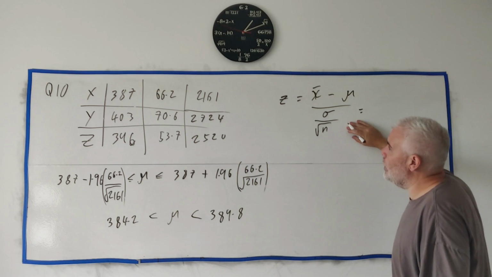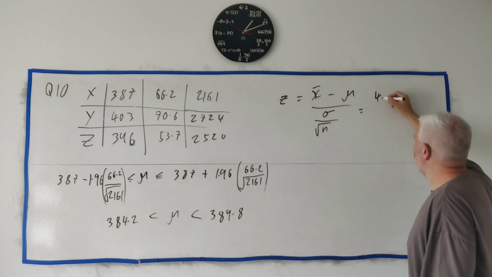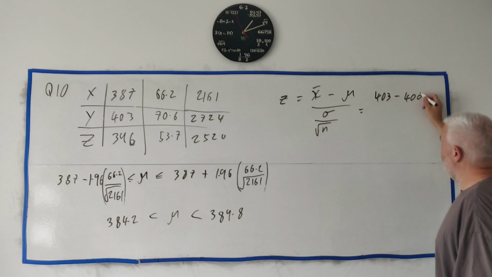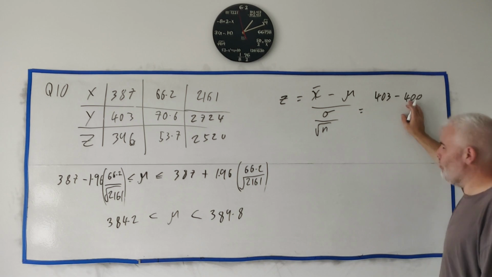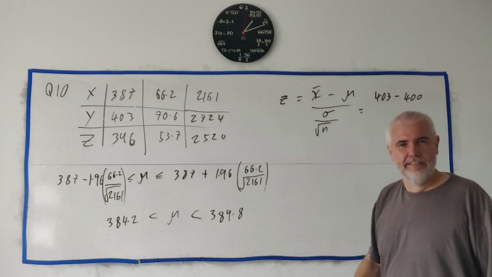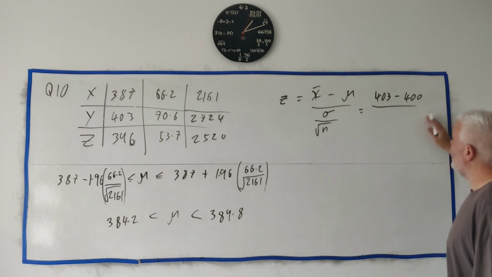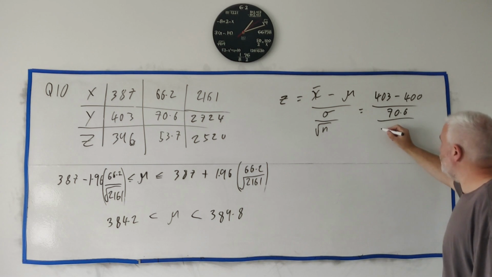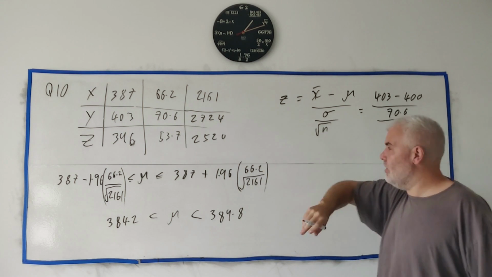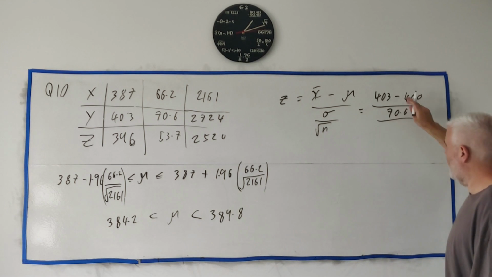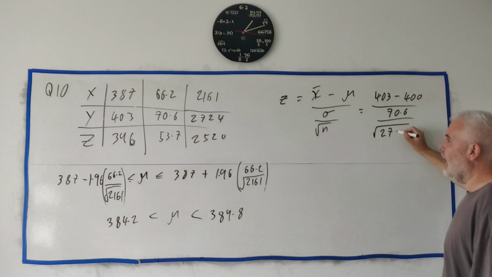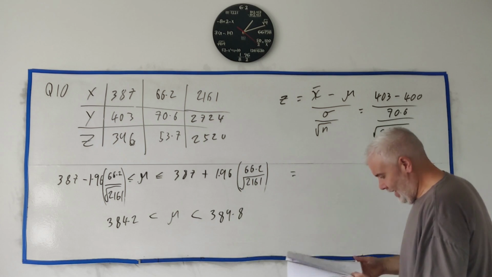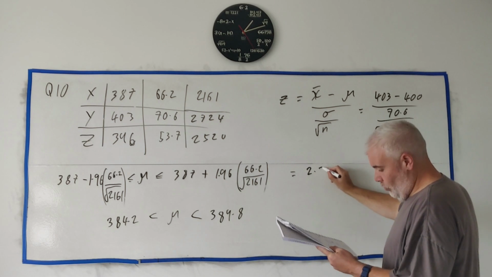So putting all that in, we get, let's see, it's 403 is what the test found. 400 is what we are testing. It's okay if you mix these up, by the way. 400 minus 403, we'll just get a minus answer. That'll work out fine in the end. Divide that by the standard deviation we found was 70.6, and the population, very big population here. The bigger this number, the more confident we are in the test. I'll show you why that comes out in a minute actually. Square root of 2,724. Put all that into a calculator, clean all that up, and we get a Z score of